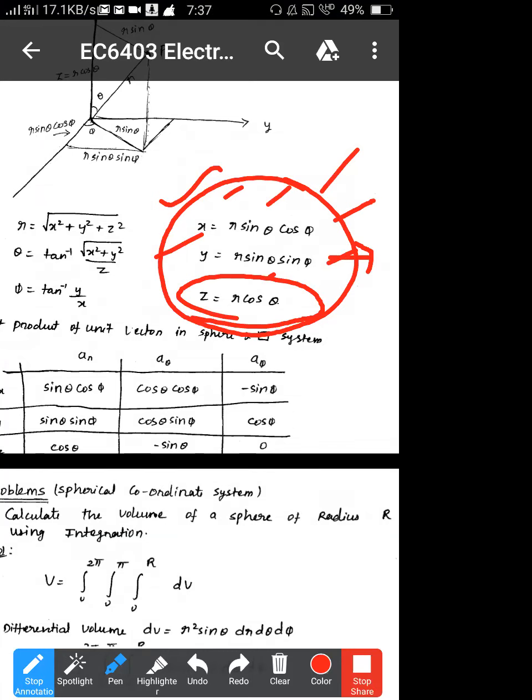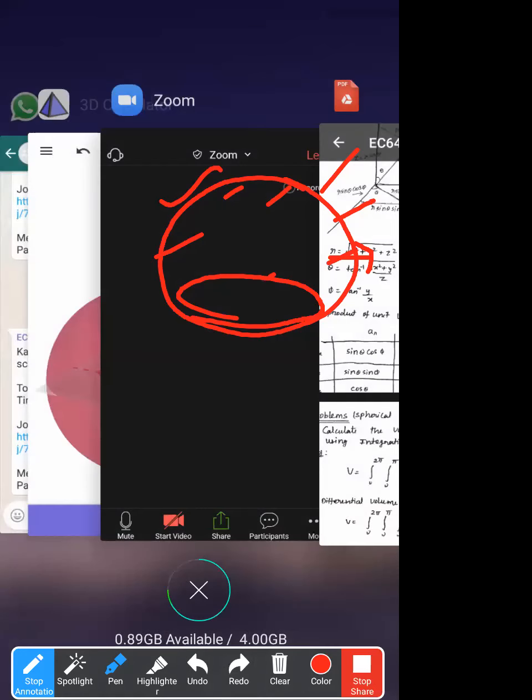Okay, we will take some examples, then we will try to prove this. Please note down this equation in your notes, then only it will be good. Now I will go to the simulation to get a realistic idea about how you can easily remember these three equations, because somehow you have to remember them. This is the basic relationship between the spherical and rectangular coordinate system.